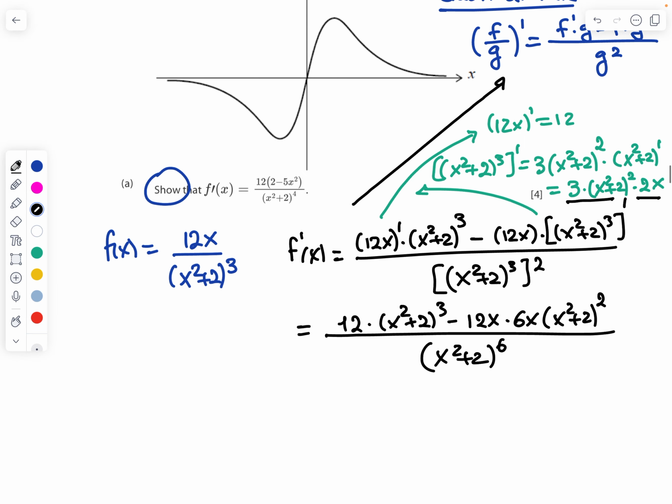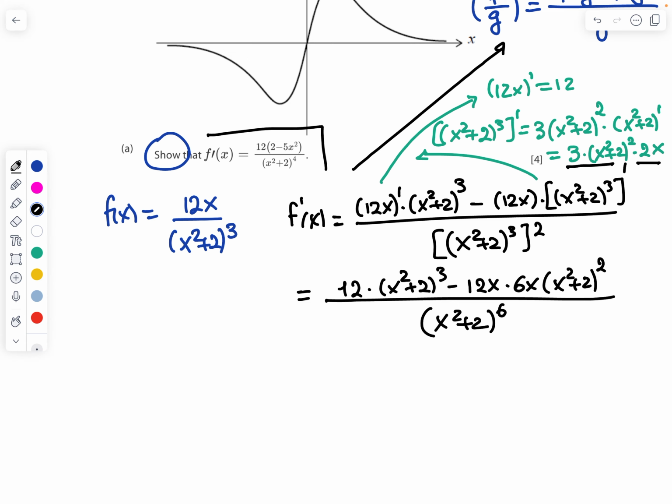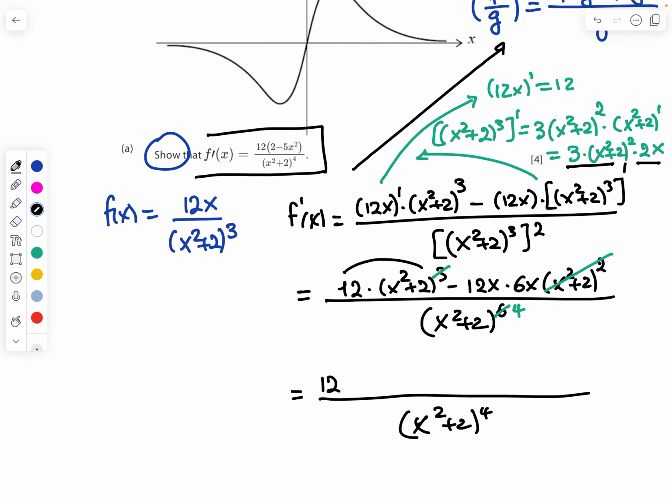Now I need to check what my answer is and try to modify it. I can see that the denominator has to become to the power of 4, and it is to the power of 6. So what I can do is cancel (x squared plus 2) to the power of 2 from that side and that side, and make the 6 into a 4, and that will match what I need. So I'm going to end up with (x squared plus 2) to the power of 4, and at the top, if I combine those two together, I'm going to end up with 12x squared plus 24